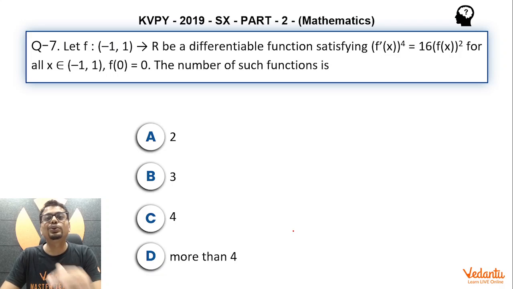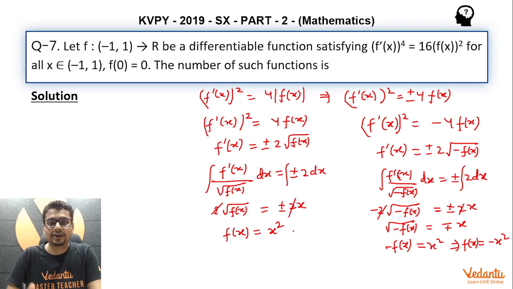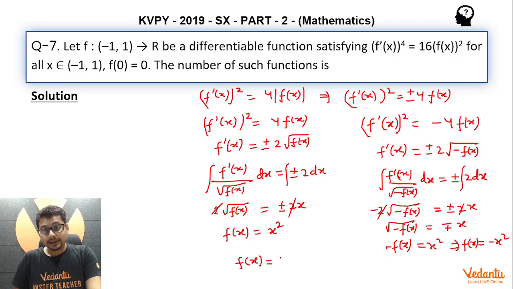So it may seem that 2 is the answer. However, let me bring your attention to one more possibility. f(x) can even be 0 for every x. f(x) equal to x square, f(x) equal to minus x square. We may say f of x is x square for every x, f of x is minus x square for every x. On the same note, f of x equal to 0 for every x in this interval (-1, 1). Or we may not even take it for all x, and that's what we'll be discussing ahead. This is called a singular solution.